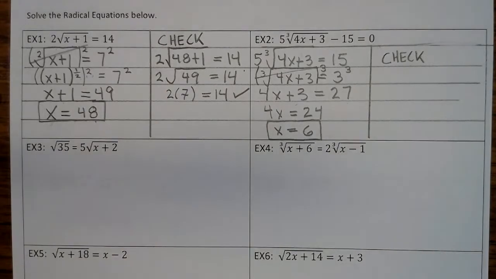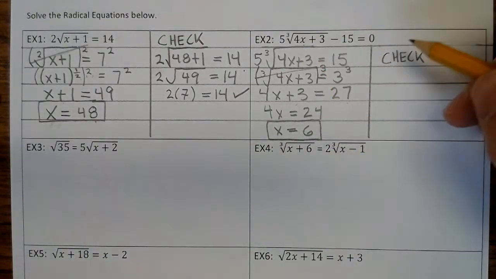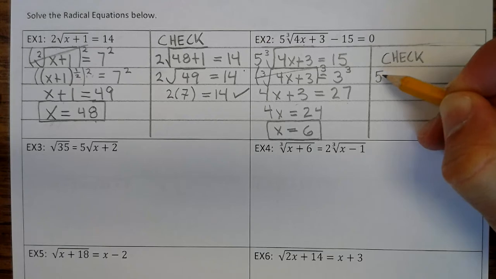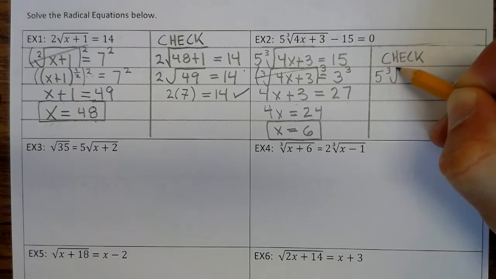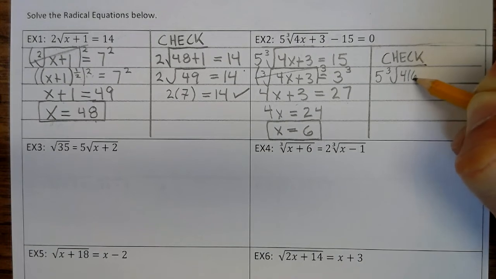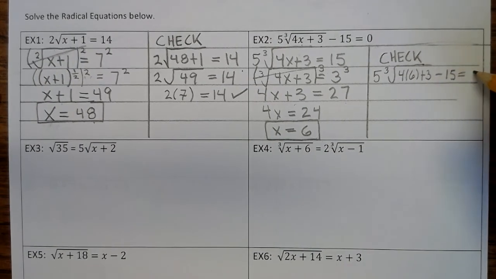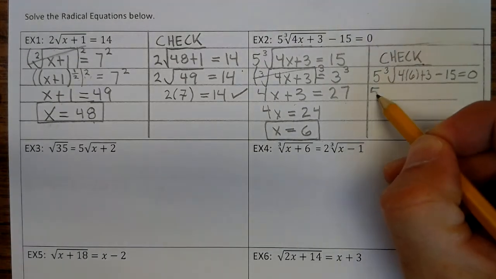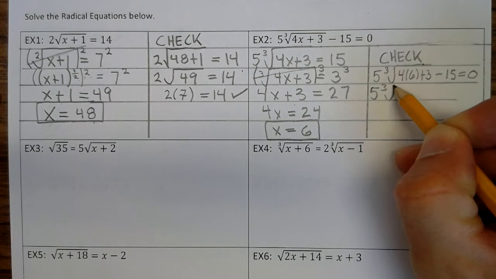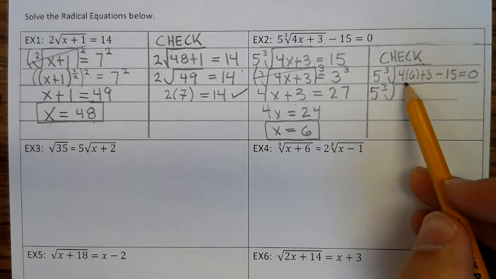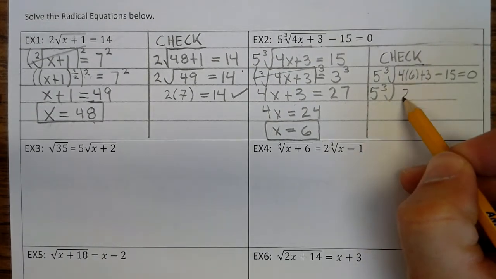All right, so to check, you substitute x in, so you get 5 times the cube root of 4 times 6 plus 3 minus 15 equals 0. Well, that's 5 times the cube root of 4 times 6, which is 24, plus 3 is 27